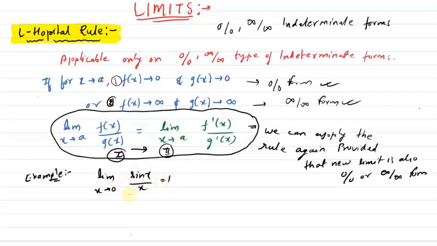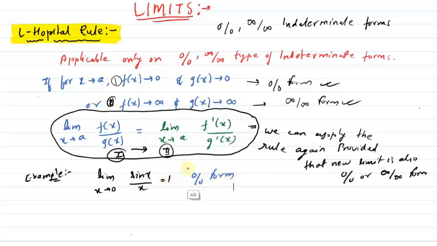We already know that this is equal to 1. We saw the proof of it also by using the graph. But now what I'm trying to tell you is, I'll try to find this answer using the L'Hopital (LH) rule. So let's see this. If you put x as 0 in the numerator, it will be tending to 0. The denominator will also be tending to 0. So it will become 0 by 0 form.